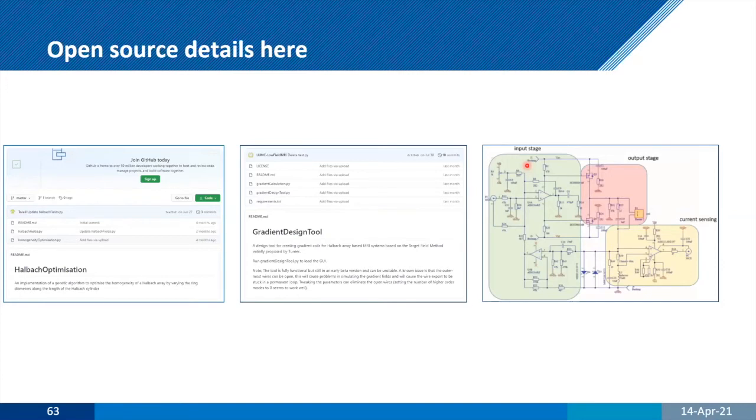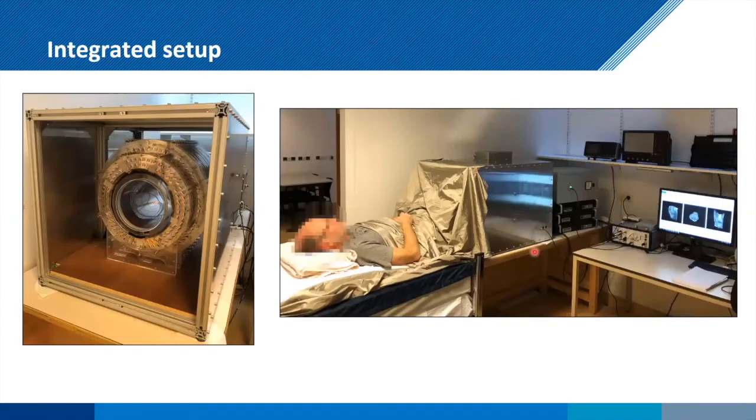So this is the other thing that we wanted to try and do. If other people want to build Halbachs using this optimization, they can go to GitHub and Tom's code is there. If you want to design your gradients based on the target field, Bart's code is there. If you want to look at the RF amplifier or the gradient amplifier, the schematics are there. And we've had a number of sites around the world who have looked at these and downloaded various of these. So again, the idea is let's try and make things sustainable. And also if improvements come in from different places, that's great. So here's our integrated setup. You probably have something very similar to your own.